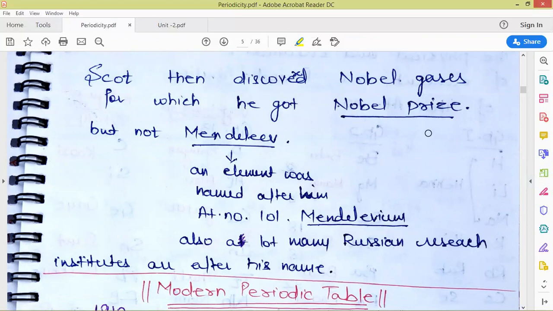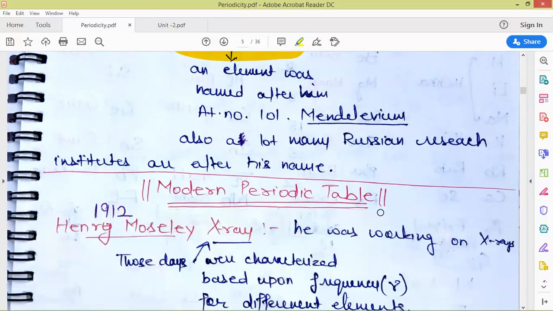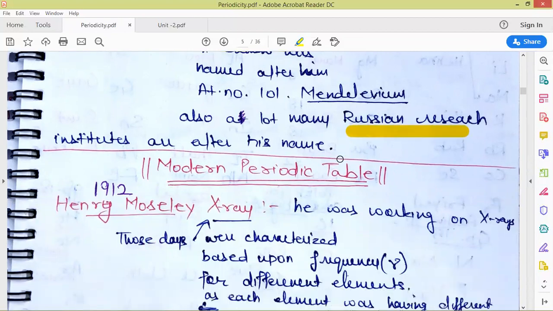Ramsay was a scientist who got the Nobel Prize for the discovery of noble gases. Mendeleev was not given any Nobel Prize, but an element has been named after him. That is the element with atomic number 101, which is called Mendelevium. Also, many Russian research institutes are named after him. He got such recognition because he was the first person who successfully arranged all the elements in the form of